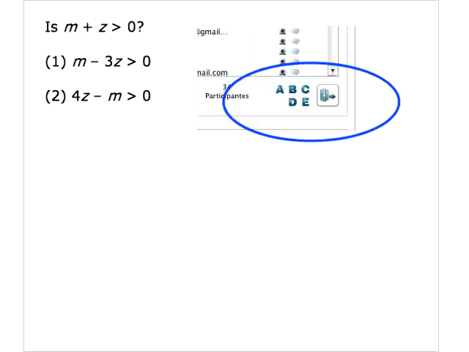Remember, it's a yes-no question. So your goal here, as in other such questions, is to try to get a yes and a no. Let's see if we can do that. See if we can make that positive and then also make it not positive. So with statement 1,